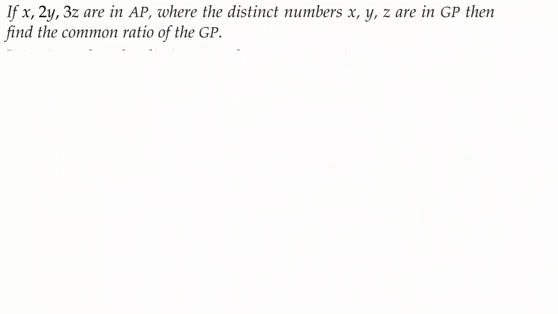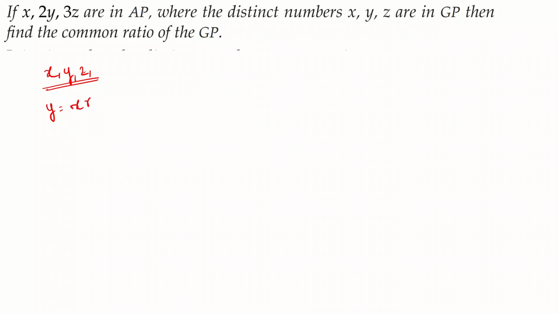Next, if x, 2y and 3z are in AP where the distinct numbers x, y, z are in GP, then find the common ratio of the GP. So we have to find out the common ratio. So let's assume that the common ratio is r, and we are given that x, y and z are in GP. That means if we assume that r is the common ratio, I can write y is equal to